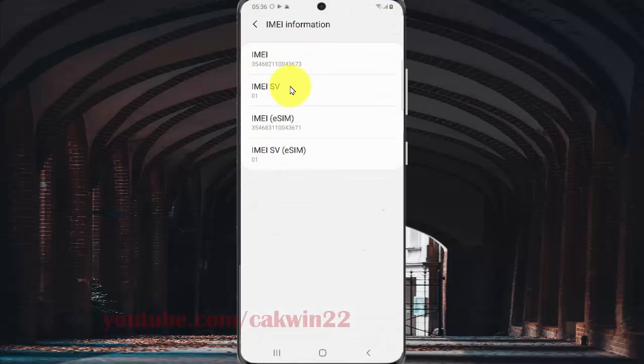You can see IMEI eSIM, IMEI SIM. The IMEI number is